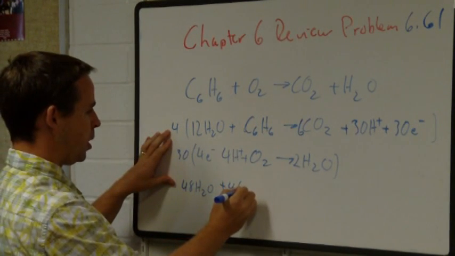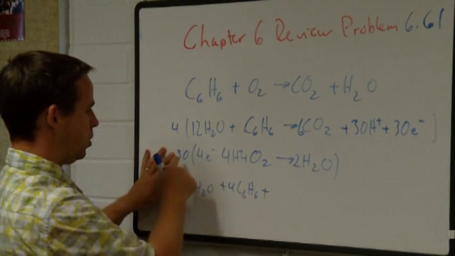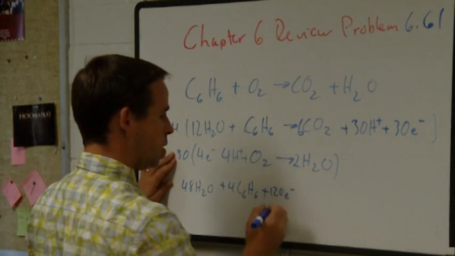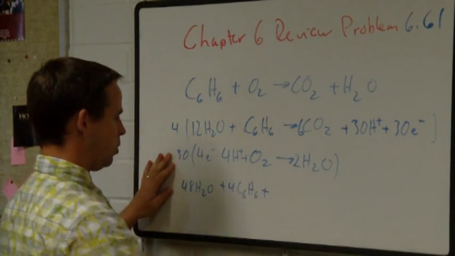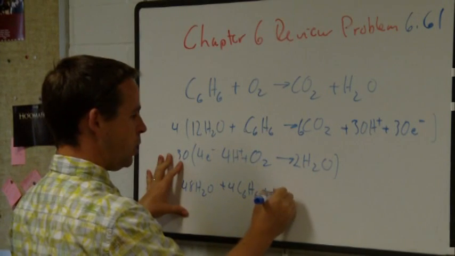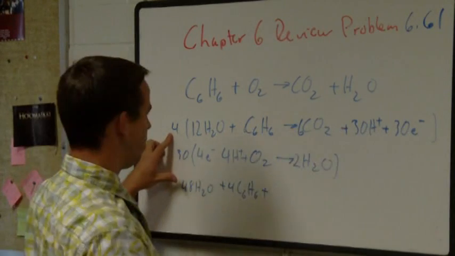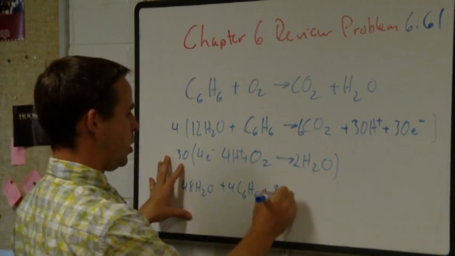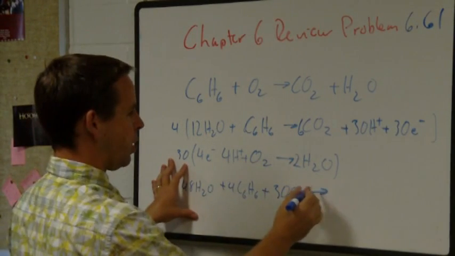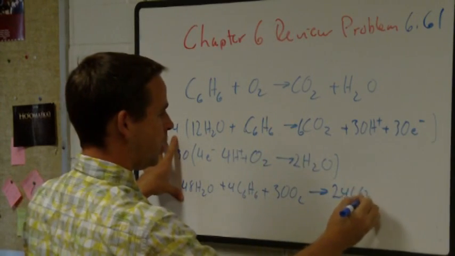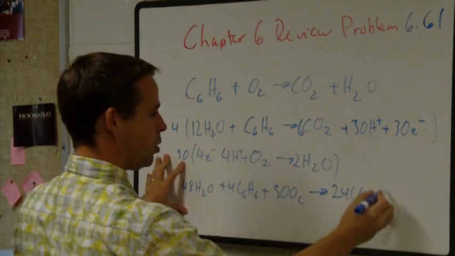Plus 4 benzene, C6H6, plus 3 times 4 is 120 electrons. And we'll leave those out because we see that 30 times 4 is going to give us 120 electrons as well. 3 times 4 is 120 protons, but we'll leave those out because we see we're going to have 120 protons on the other side as well. And then 30 oxygen gases here, right? Okay, so on the right side of the equation, 6 times 4, 24 carbon dioxides. And we don't have to worry about these. We saw that they were going to drop out. And 3 times 2, 60